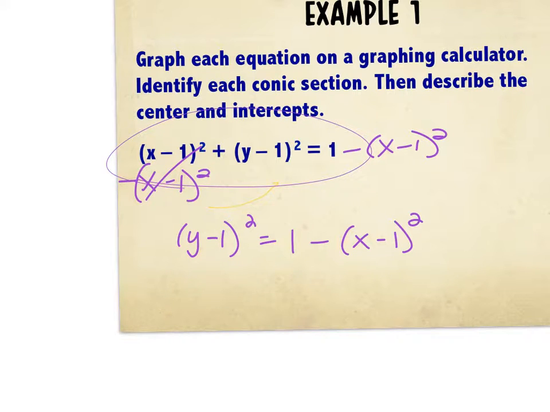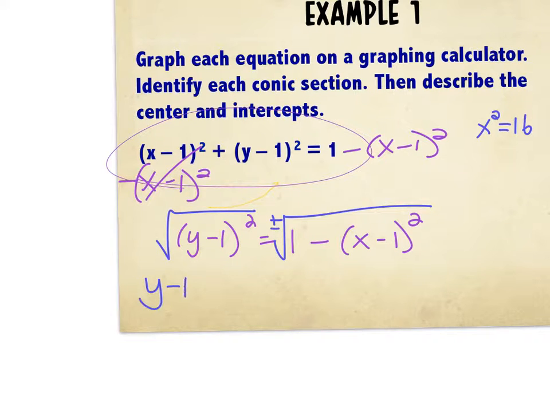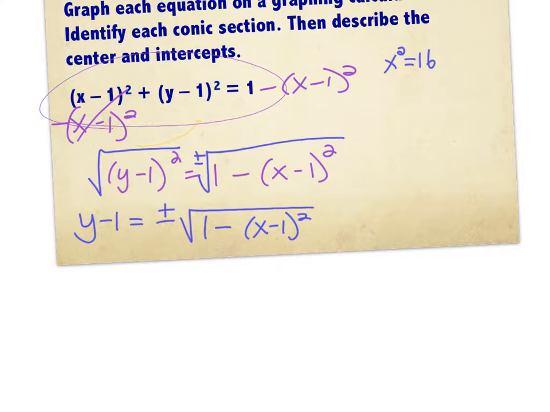Square root. Good. What happens when I square root? What do you have to remember? If this was x squared equals 16 and you go to square root both sides, what do you got to remember to do? Plus or minus. Good. So this is plus or minus the square root of 1 minus x minus 1 squared. So I get y minus 1 equals plus or minus the square root of 1 minus x minus 1 squared. And then the last step to get y by itself would be